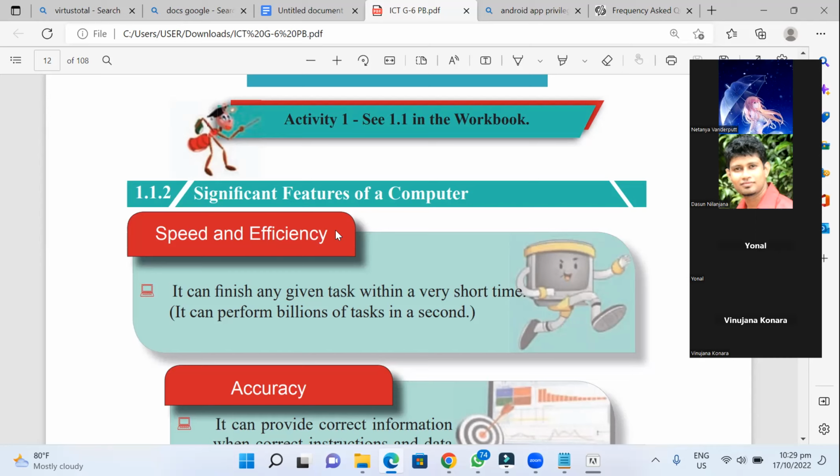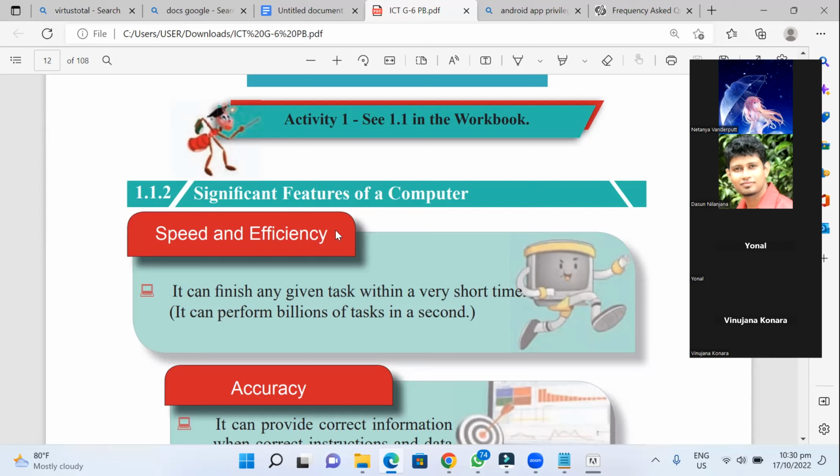Storage. Okay, what else? Intelligence. It has high storage capacity. It can store millions of books or thousands of books simultaneously. That is high storage capacity, right? And here are memory capacity, storage capacity, efficiency, accuracy, consistency.